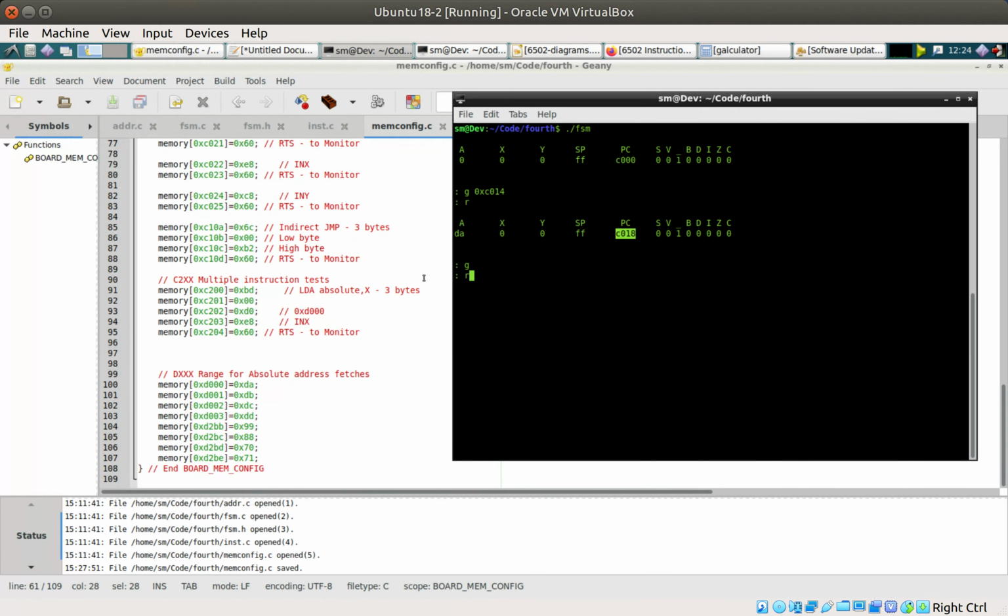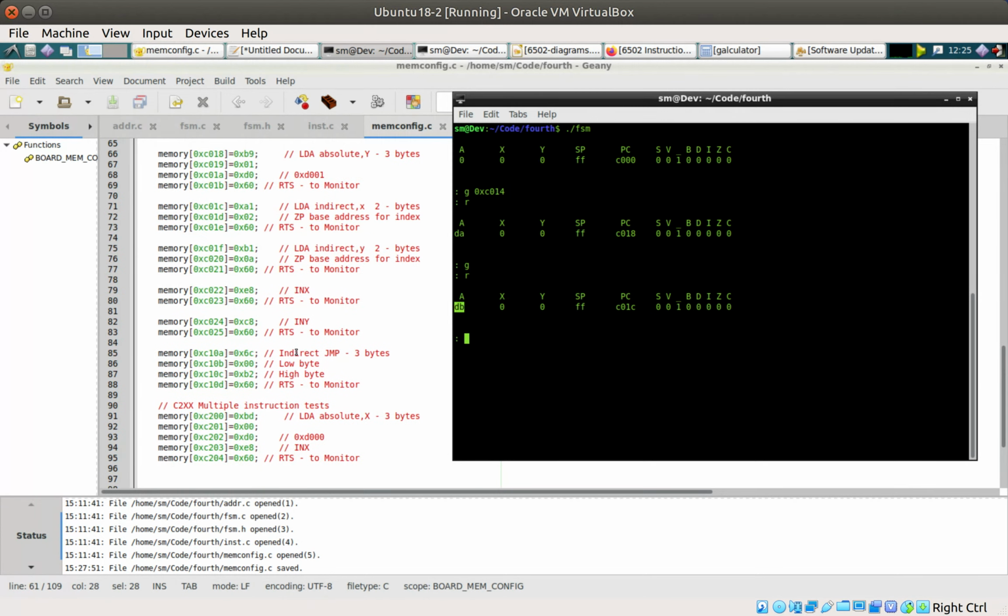So we say go and then display the registers again, and the program counter is incremented as you would expect, and dB has indeed been taken in from D001, which is precisely what we wanted, which is all well and